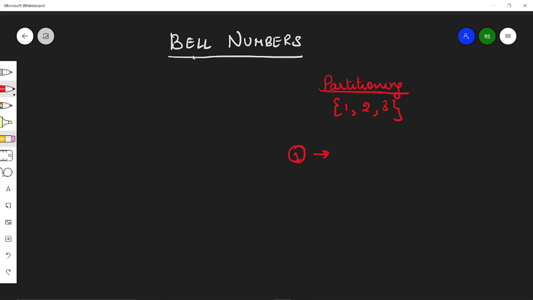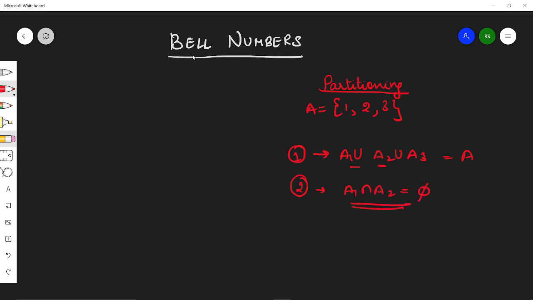That is, if I'm partitioning this set into, suppose, A1, A2, A3, then the union of all of these should equal my original set. And another thing is there should be nothing common between any two. That is, the intersection of any two should be empty.